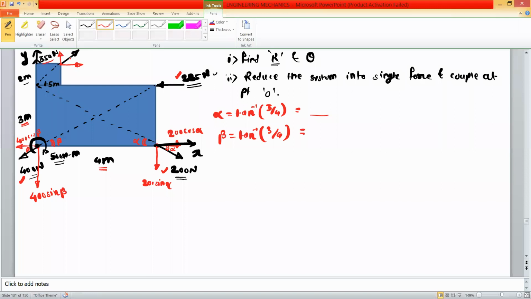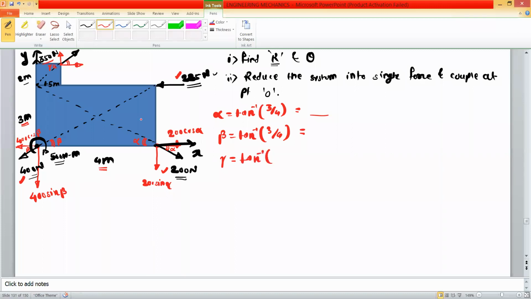And this will be the y component. Okay, so we need this angle either with respect to x axis or y axis. So we can find out this angle. So this angle is nothing but this angle. Okay, so assume this angle as a gamma. So gamma is equal to